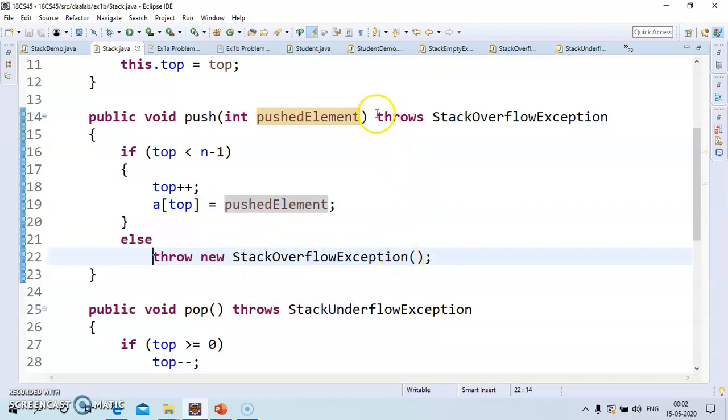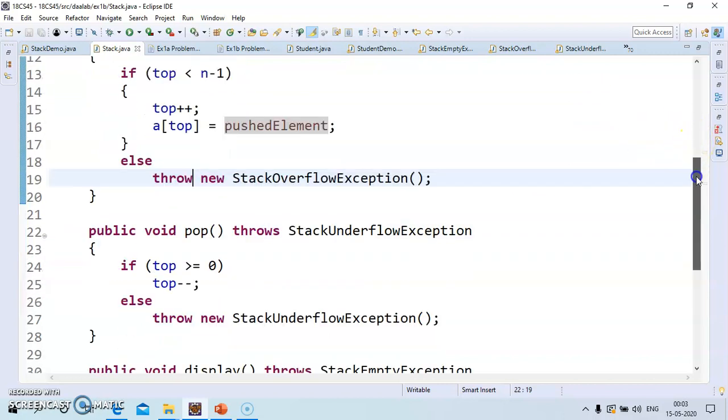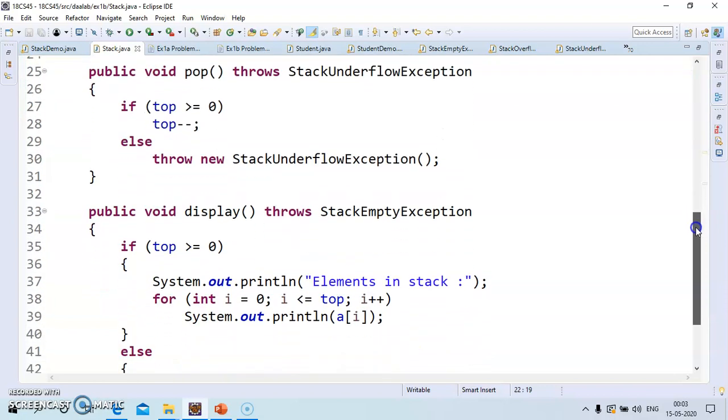Please understand this key difference between throws and throw. Throws is used along with the method signature, but throw is used here to actually throw the exception. Similarly we are going to write another method called pop.